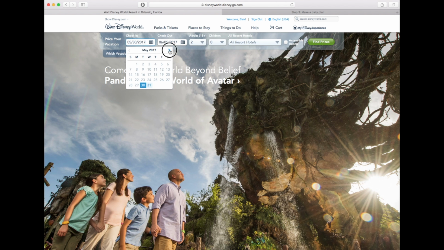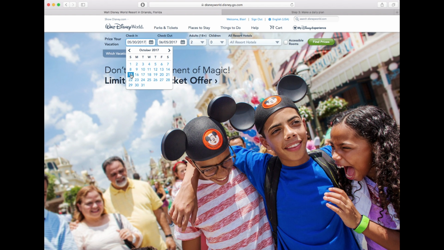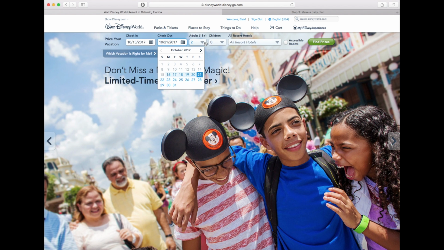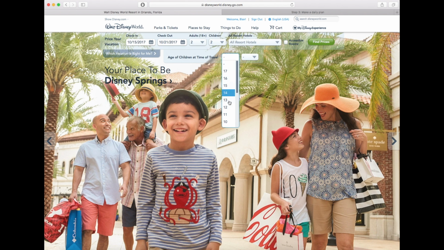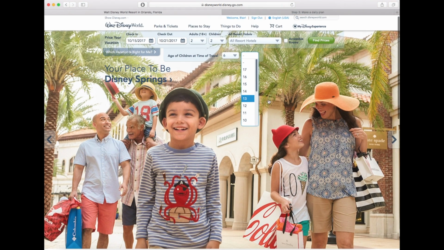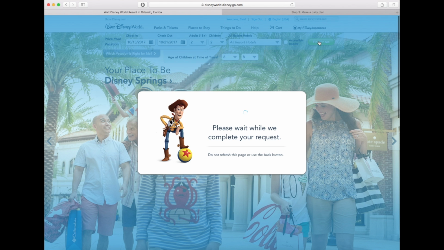So let's say that I am planning on going in October, and I'm planning on going October 15th for a week through the 21st. Let's say that it's a family of 2 adults and 2 children, and the children are, how about 6 and 8? And then just click Find Prices, and you will get a list of the hotels that are available during that